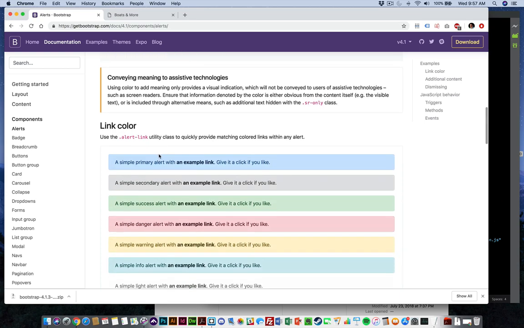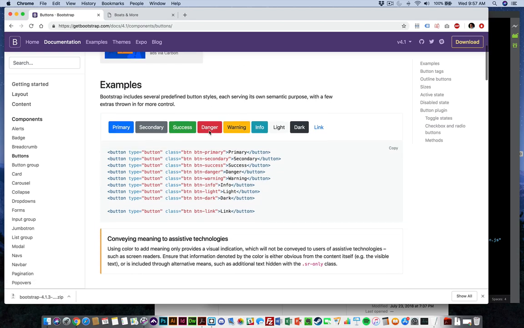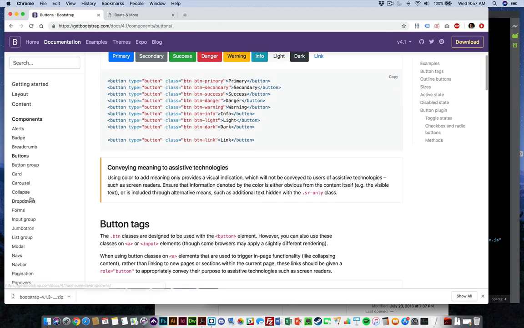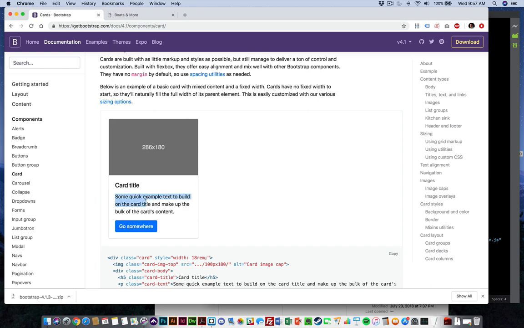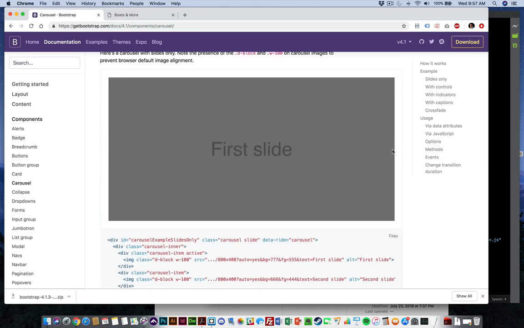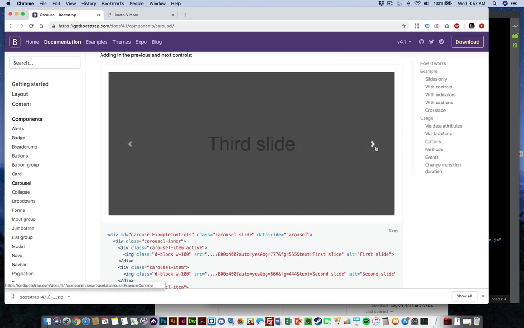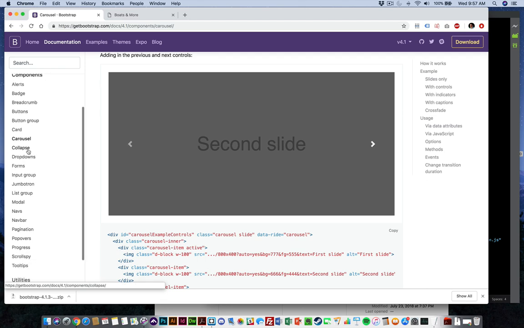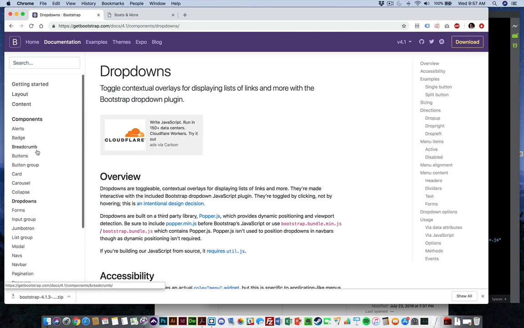and I'll just grab that. Different links, let's see, let's say we want buttons. I can add different buttons to our page. Cards. Card is just like an image with a caption, a carousel. So you can see that there are a lot of features that come with Bootstrap that we can implement by just accessing this framework. So you can just look around in this and see what you might want to bring into your